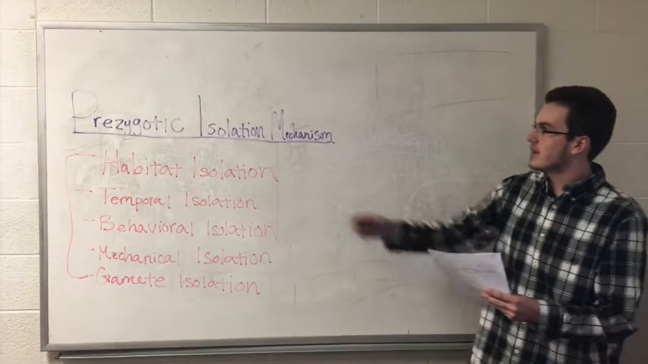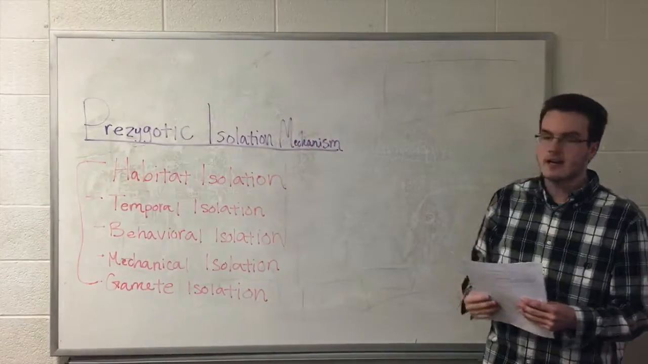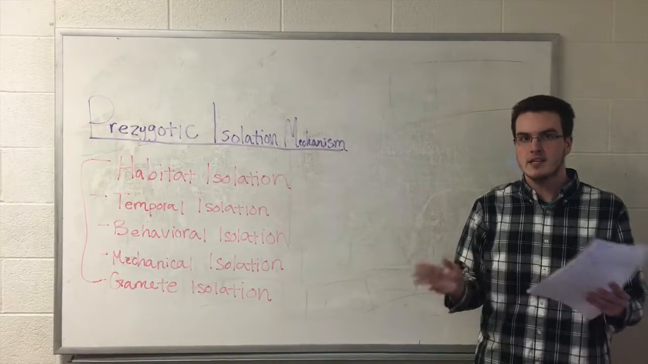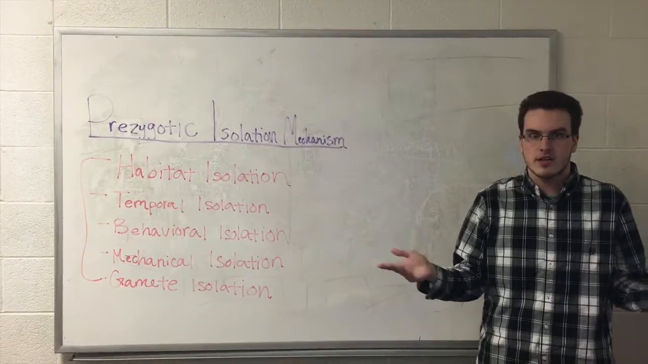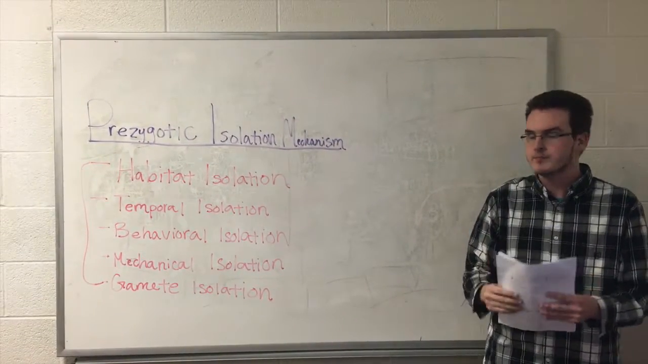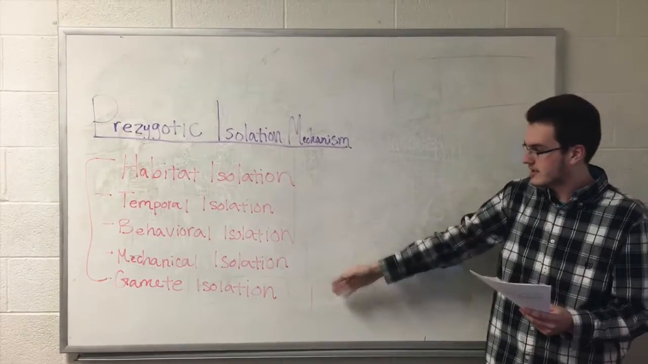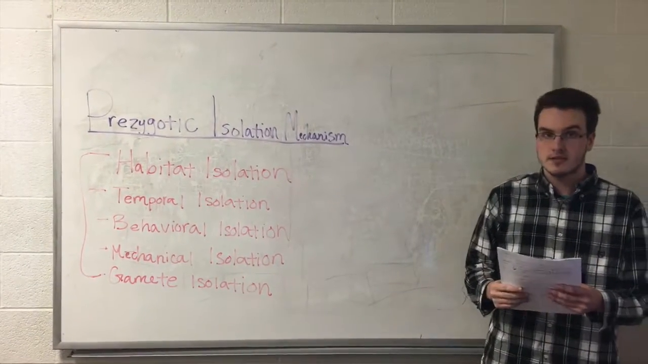Today I'll be teaching about prezygotic isolation mechanisms. A prezygotic isolation mechanism is any sort of process or anything that prevents a sperm and an egg from forming a zygote. Many examples of prezygotic isolation mechanisms are listed here, and the first one I'll be discussing is